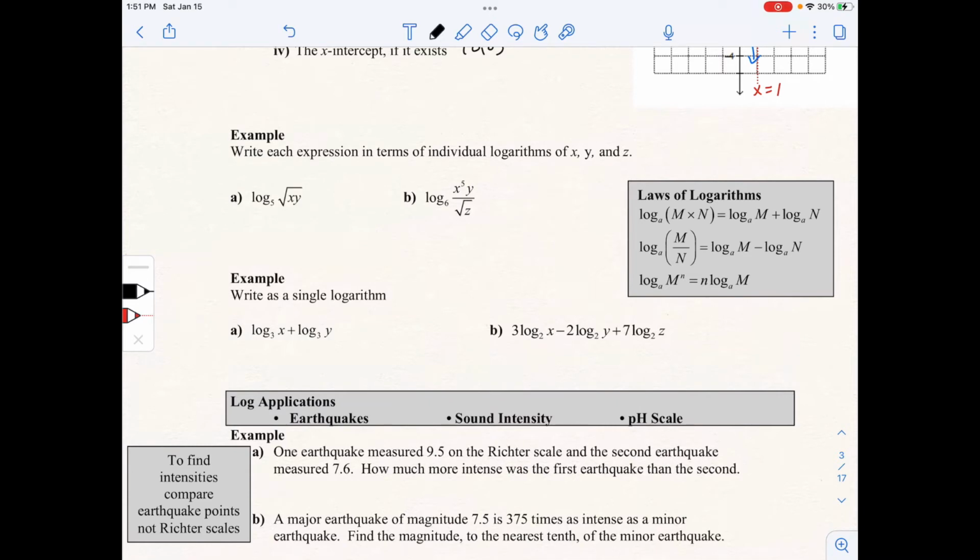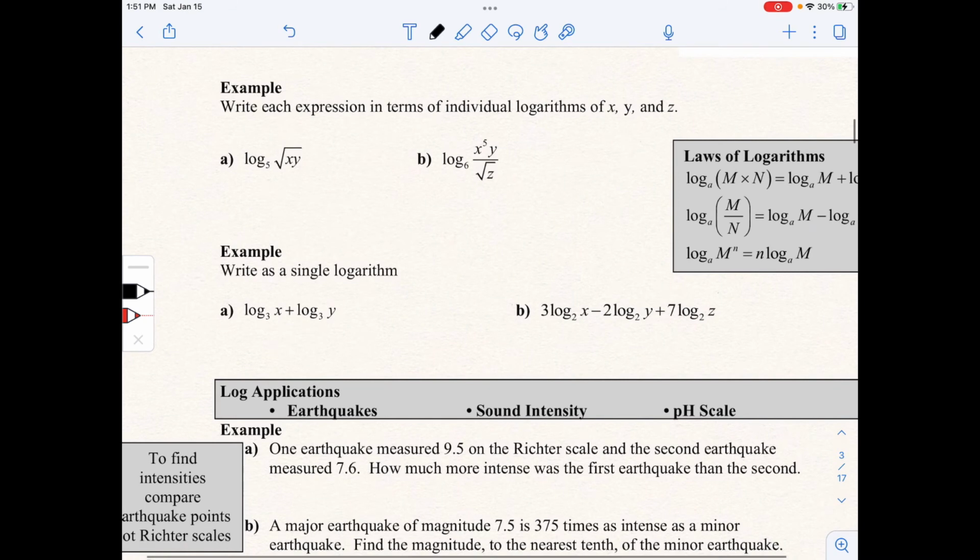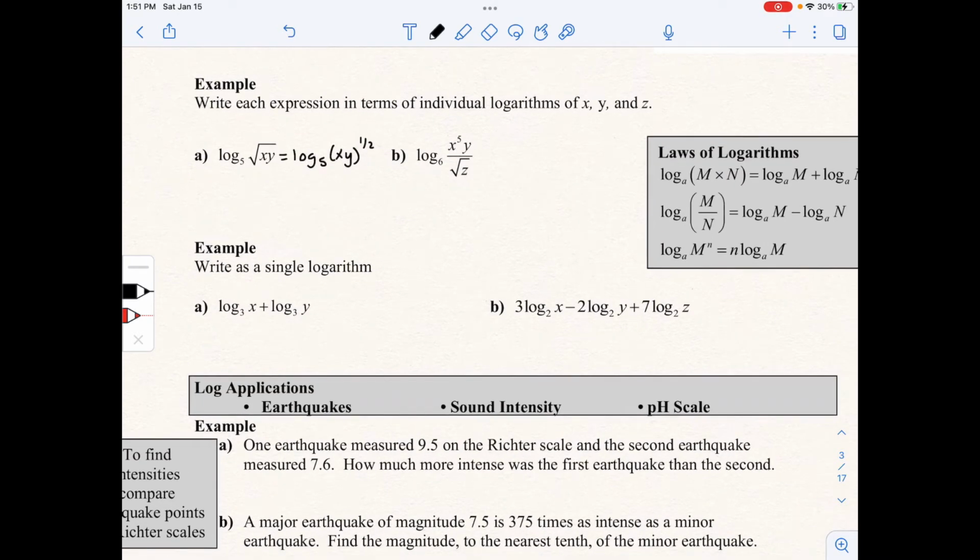So what we want to do here is write each expression in terms of individual logarithms of x, y, and z. So we want to split those up, is what we're saying. So we can rewrite this first a as log of x, y to the power of 1/2 to the base of 5. And that half applies to both of those, x and y. So we can rewrite this as log x to the 1/2 to the base of 5 plus log y to the 1/2 to the base of 5,